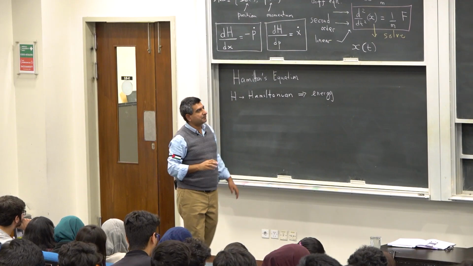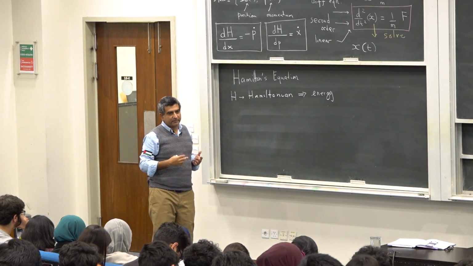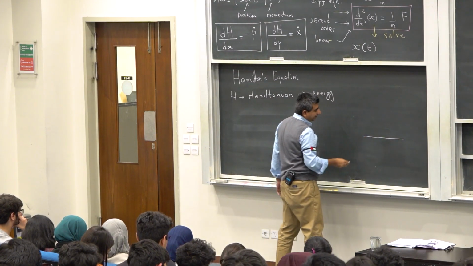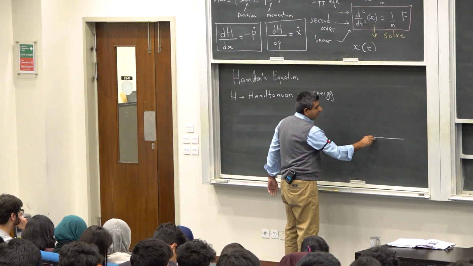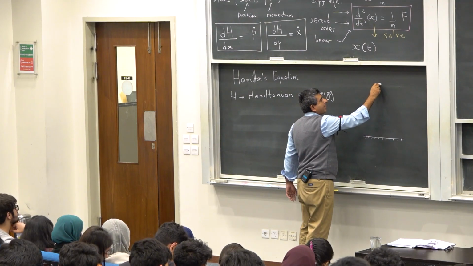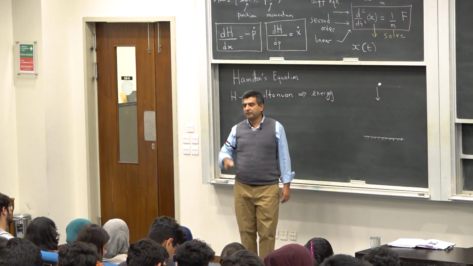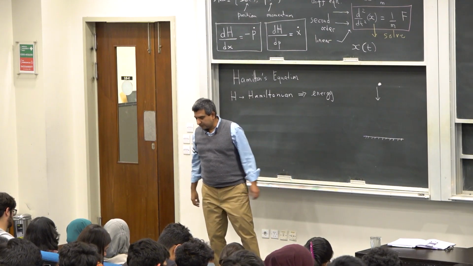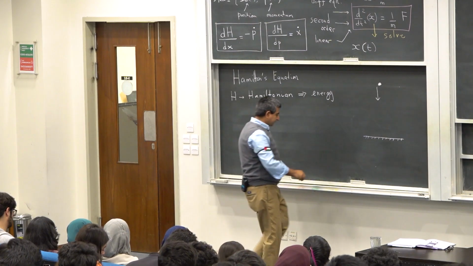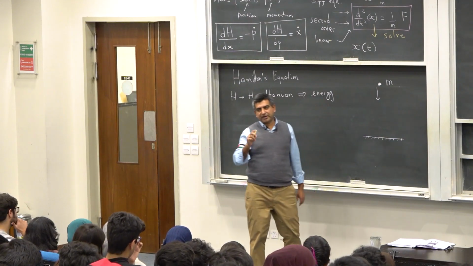Now let me give you an example of why, just to motivate you that this is indeed an equation of motion. Suppose I'm teaching a little bit of mechanics here. This is my ground here, and I have an object that's falling to the earth. So I drop an object. The object has a certain mass. So the mass of this object is m. g is the acceleration due to gravity.